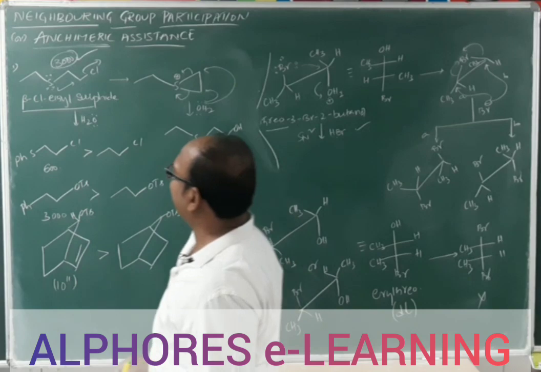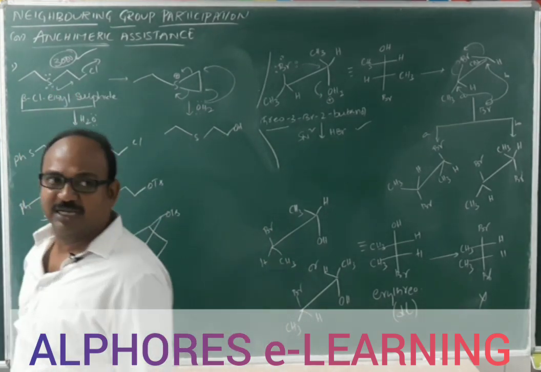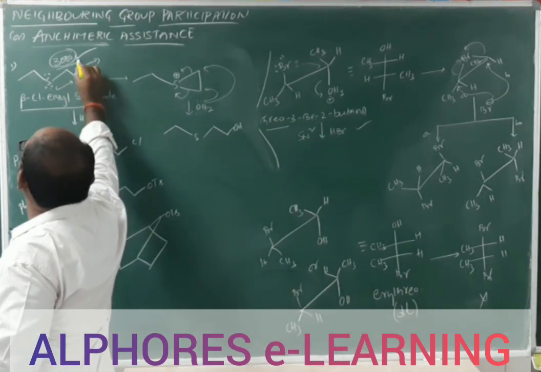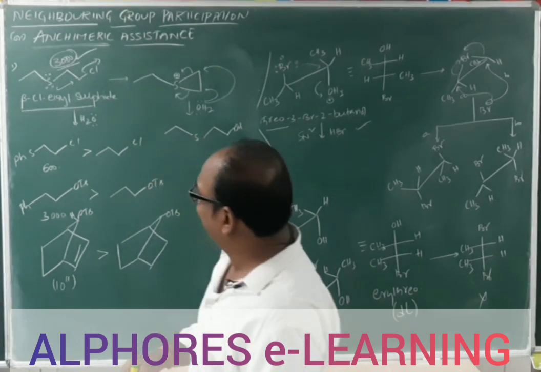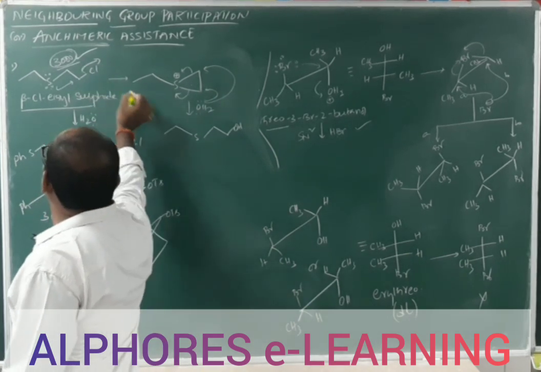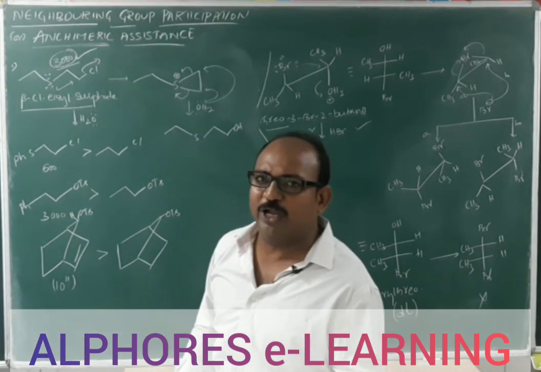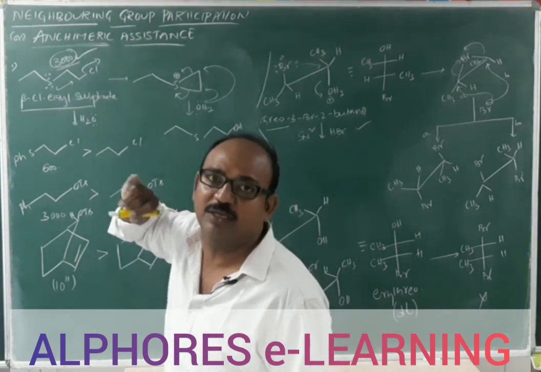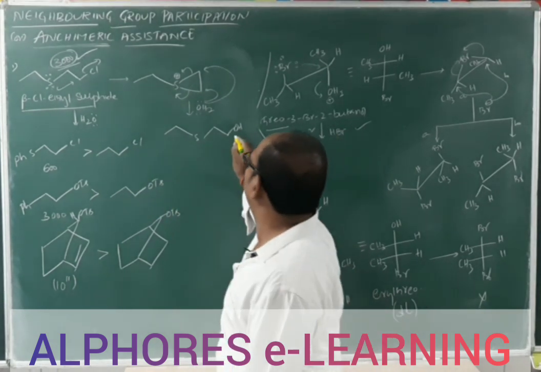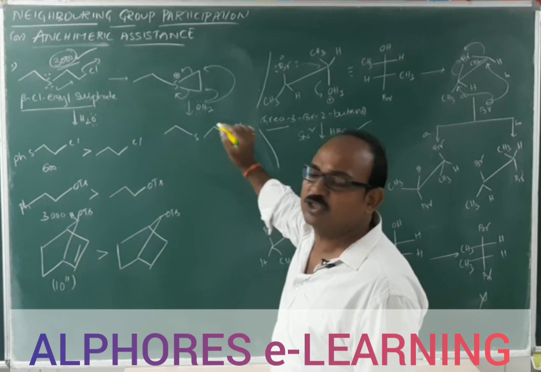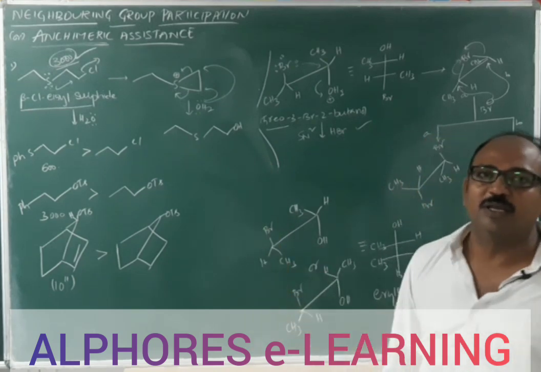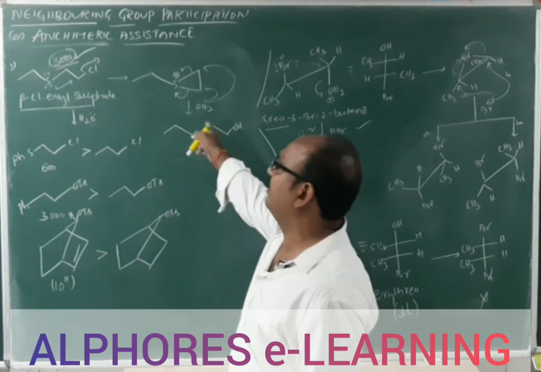That means because of anchimeric assistance, solvolysis is 3000 times more. In other words, we can say the rate increases. Now let me explain one more thing here. The same substrate upon treatment with water or OH minus gives the same product. Cl will be displaced by OH. So Cl minus is replaced by OH, and even in a normal SN2 reaction you do not get any different product in this case. So because of anchimeric assistance, the rate of reaction increases but not the product. Only the rate of reaction increases, not the product, in this case.